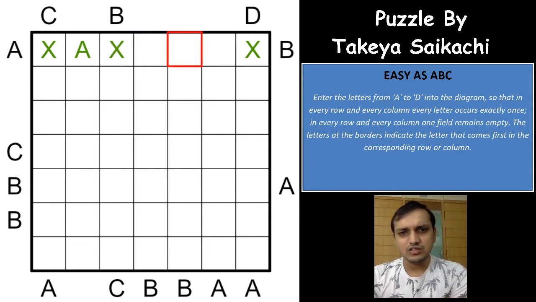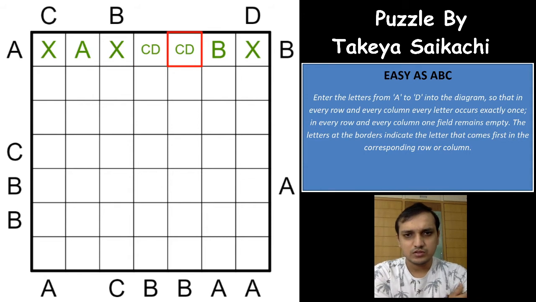Now exactly 3 alphabets need to be placed, and there are exactly 3 spaces here, which means that this cell will have to be a B, because now this is an alphabet for sure, and for this clue this has to be a B, no other option, and this can be C, D in any way, right? Any direction, any order, it can be a C and a B.